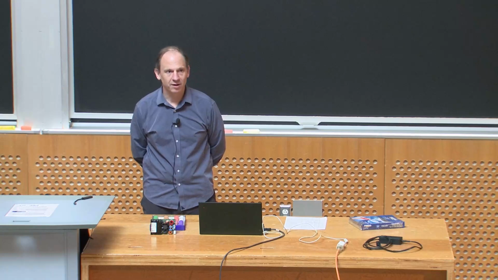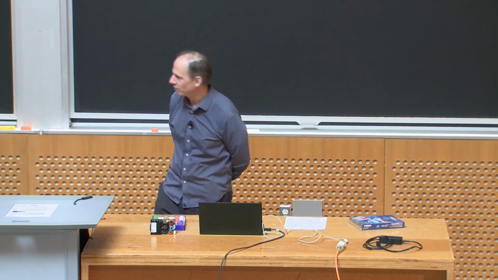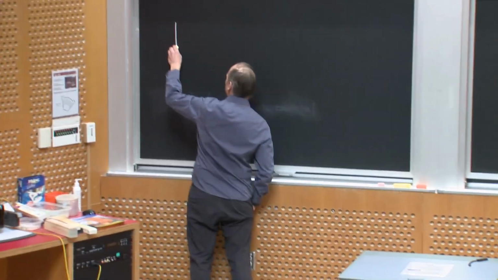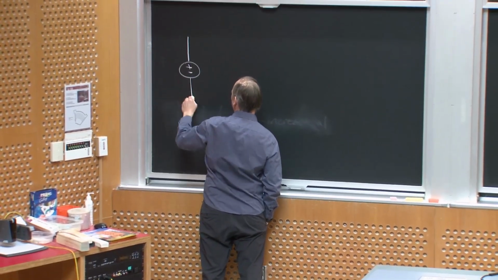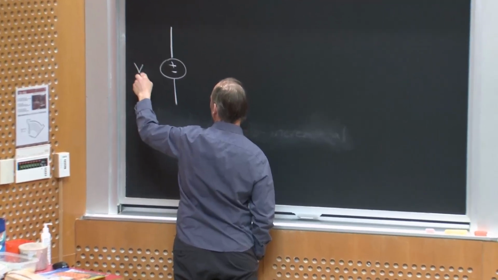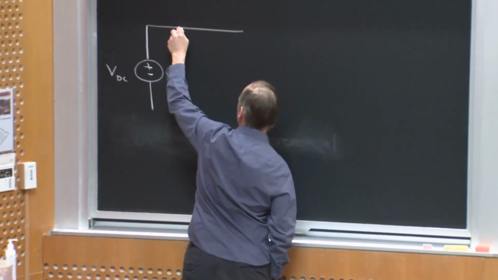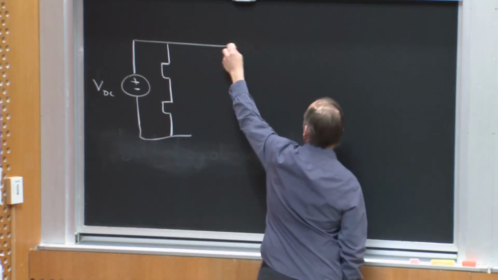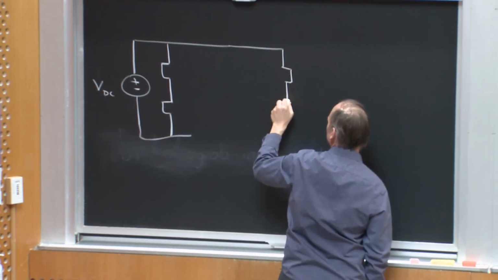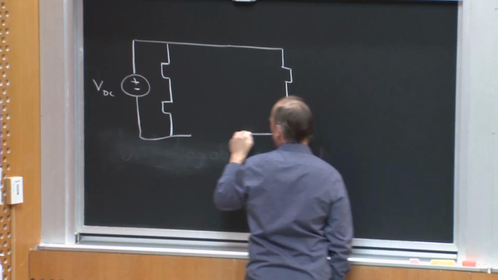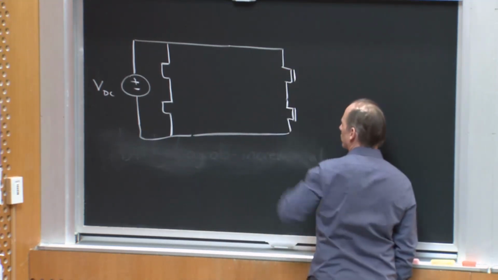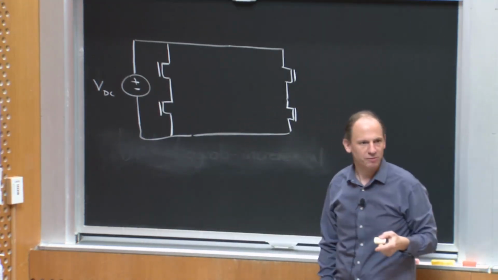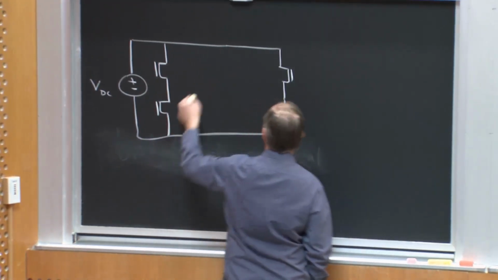We've been talking about DC to AC power conversion, or inverters, right? And we've been talking about the full bridge inverter, or more generally, the full bridge converter. So we have 4 switches, and depending upon how we switch them, we can use them to generate an AC output voltage, right? So we've been drawing a generic